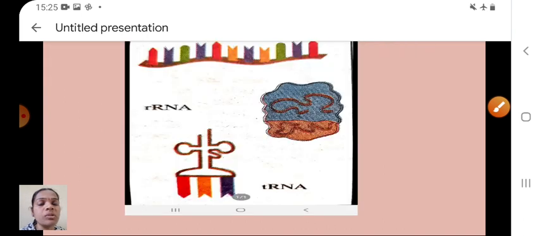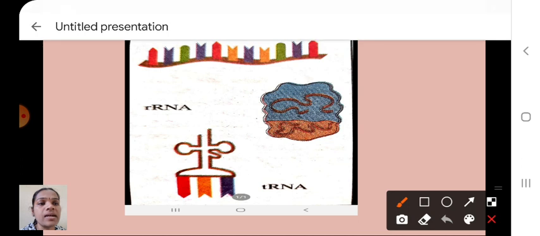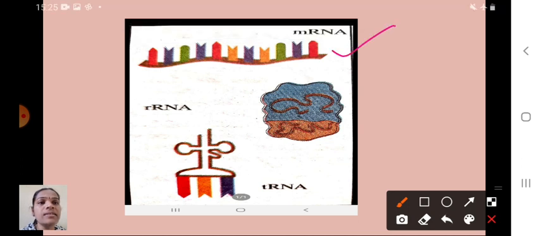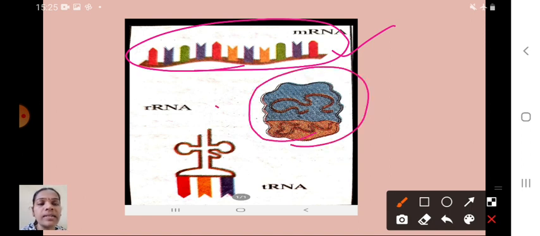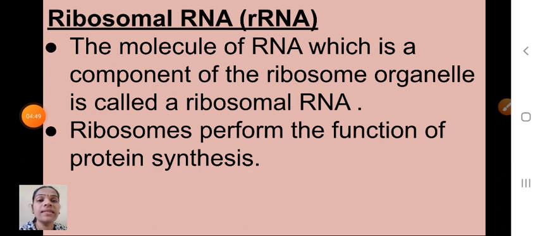See here, children, the types of RNA I have given here. This is the mRNA, that means messenger RNA. And this one is what? Ribosomal RNA, that is rRNA. And the third one is what? Yes, tRNA. So we will see one by one. See here, children, first one is what? rRNA, that means